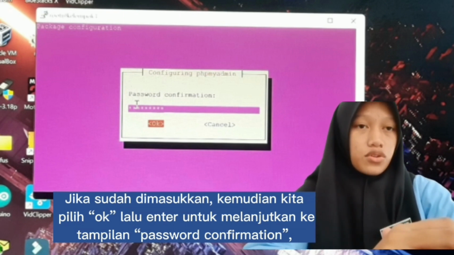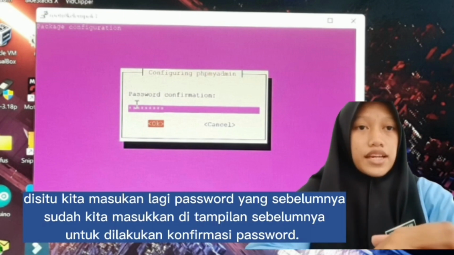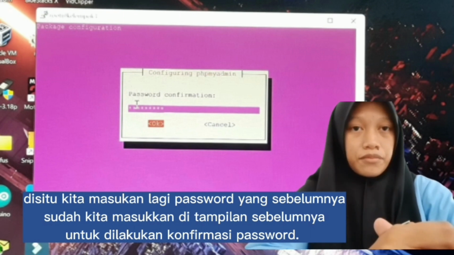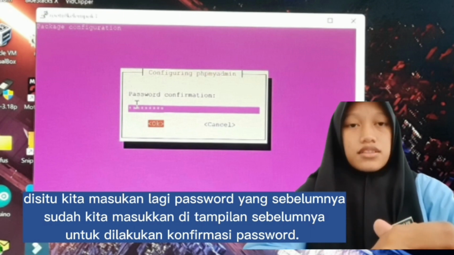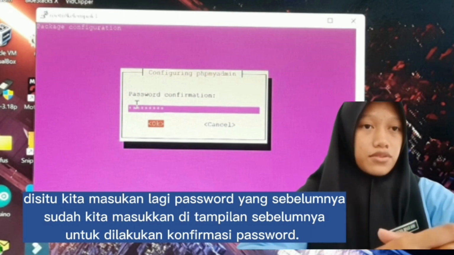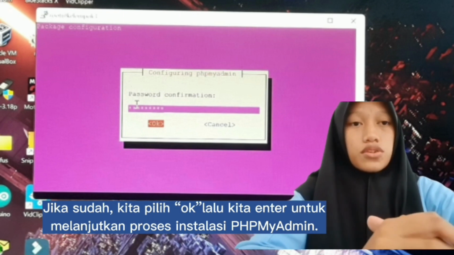Then we press enter to continue to the password confirmation display, where we enter the same password again to confirm it. If so, we select OK, then we press enter to continue to